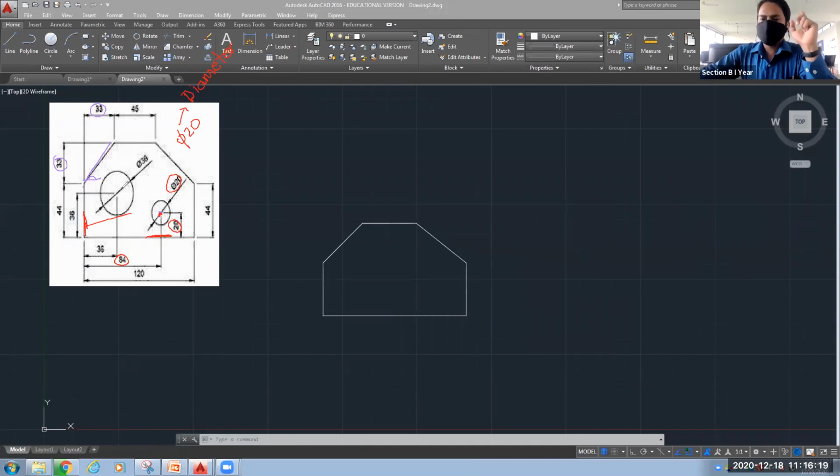Okay. So for this, I will introduce you to one more command here, that is your offset command. Okay. So let's see how we can use the offset command to obtain this center point.